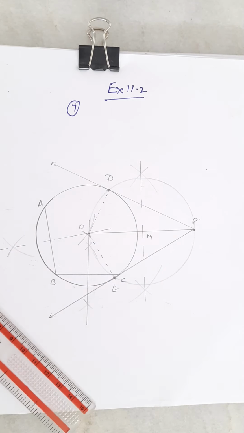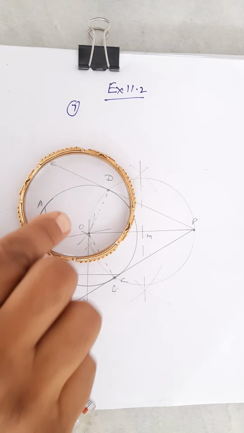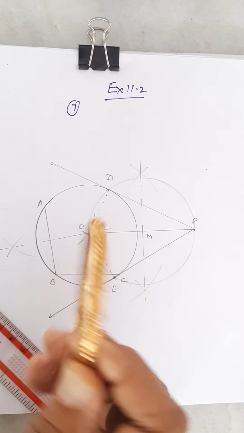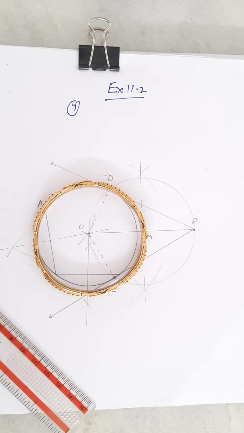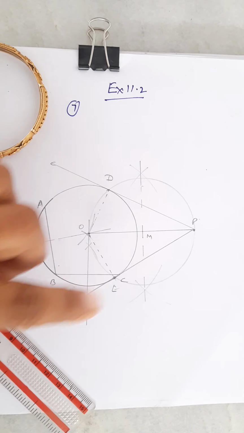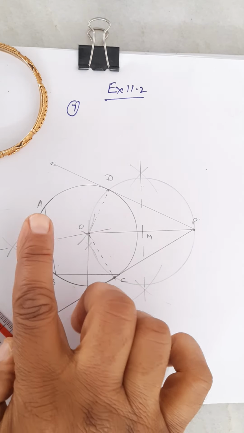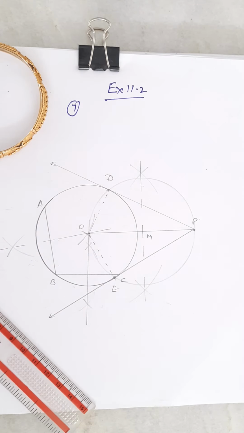Now the question arises that what will happen in the exam. So dear students, it is not required that you have to take the bangle in the examination room to draw the circle. This is the big question. Here, our main objective is that if we make a circle with the help of any circular item, then we don't know the center. So this is the method by which we can find the center. This question may be less important from the examination point of view, but it is important for the understanding of the concept of the circle.